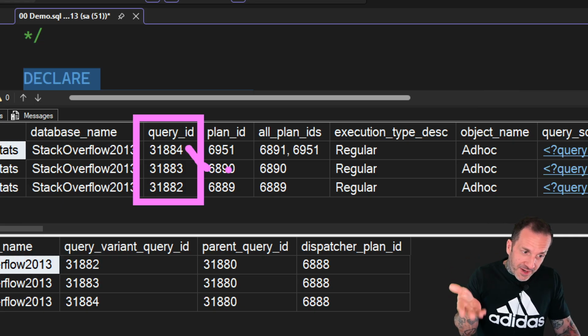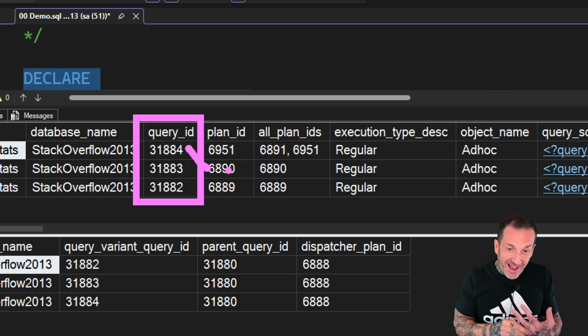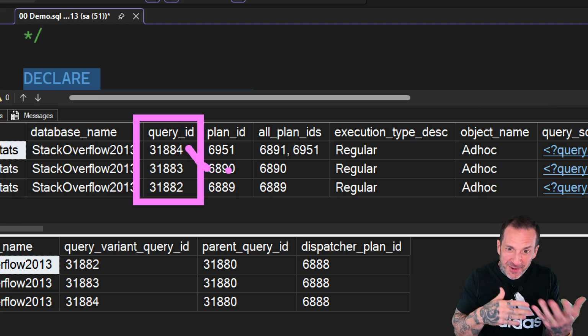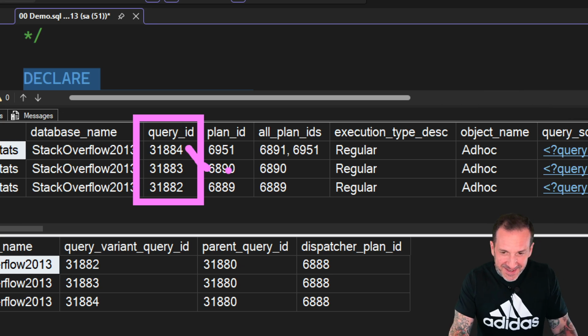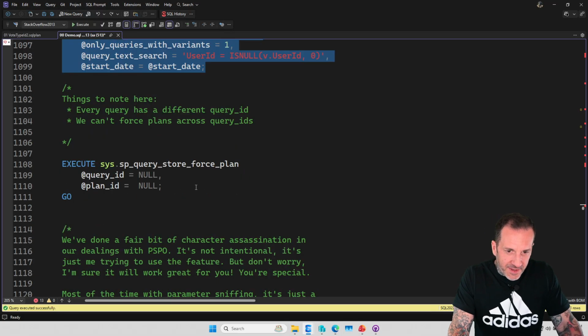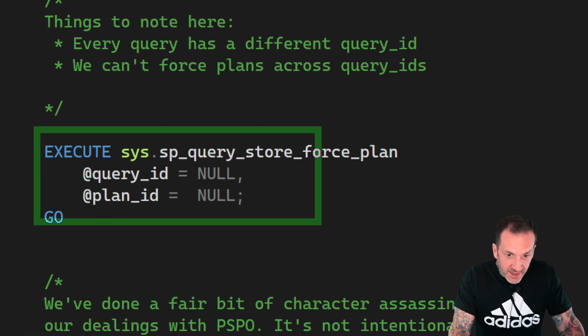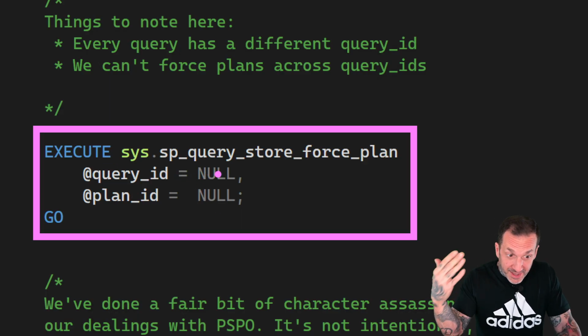But it's a little frustrating that we can't rebucket. We can't choose which buckets things go into. We can't say, I want this value to use this query variant ID. We don't have a way to guide the heuristics in a way that would make sense for us. So this ain't great. There is a stored procedure where you can force a query ID to use a particular plan ID, but it would not work for us here